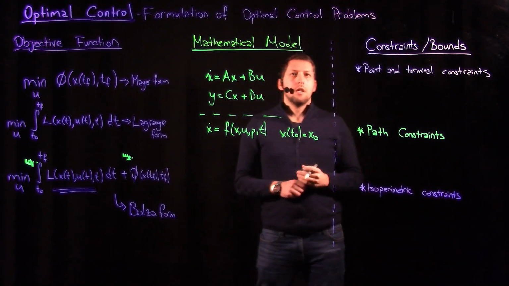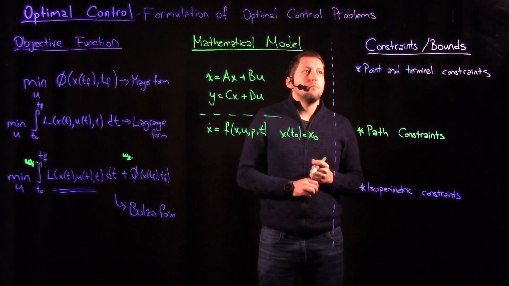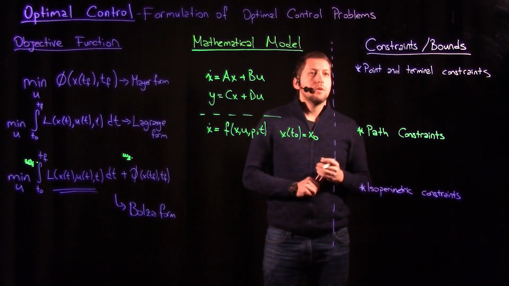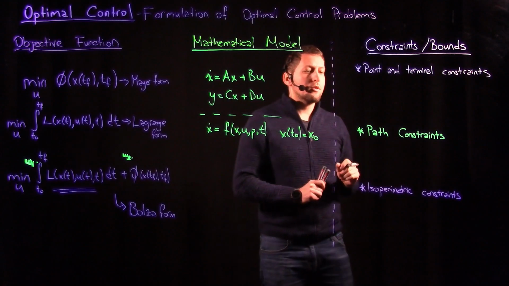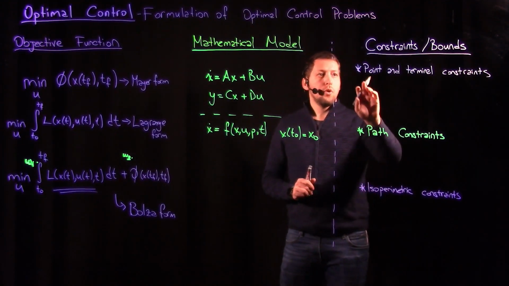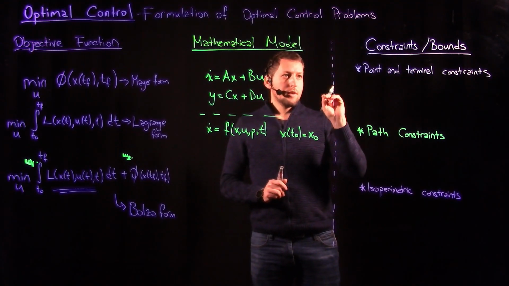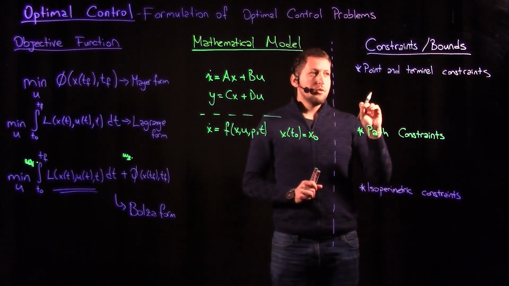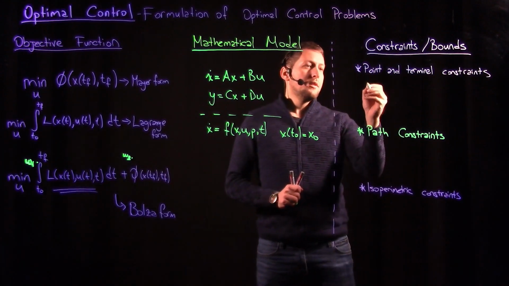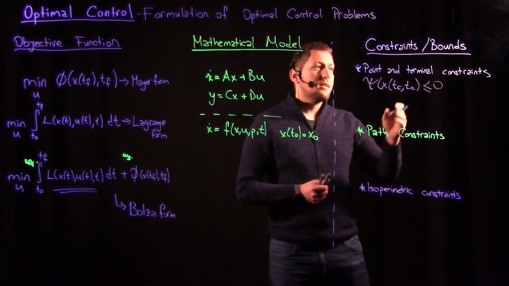The final thing that I would like to mention in terms of formulation of optimal control problems is the constraints and the bounds. There are basically three subtypes here: the point and terminal or endpoint constraints, the path constraints, and isoperimetric constraints. A point constraint, as it sounds, constrains certain values at a specific time value or at the final time. For example, this is less than 0, but of course it could be anything, equality or